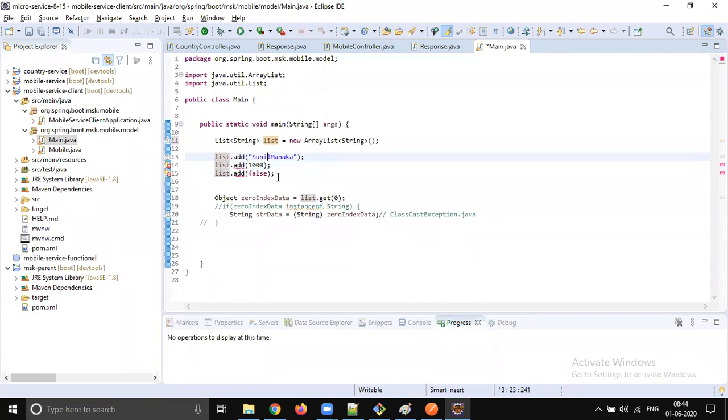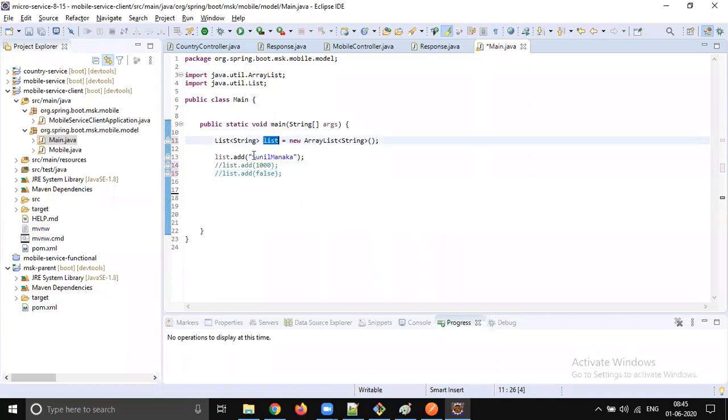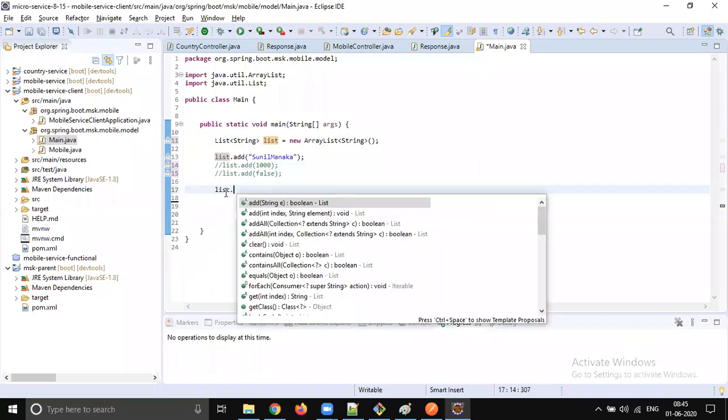So this is what generics are. Generics make sure that any collection or any entity which is going to hold particular data holds a particular type. That particular type can be anything: a string type, an employee type, a product type. But once you create a collection of type string, it will allow only string data to be stored, so you don't get any problem while retrieving. You can happily retrieve, right?